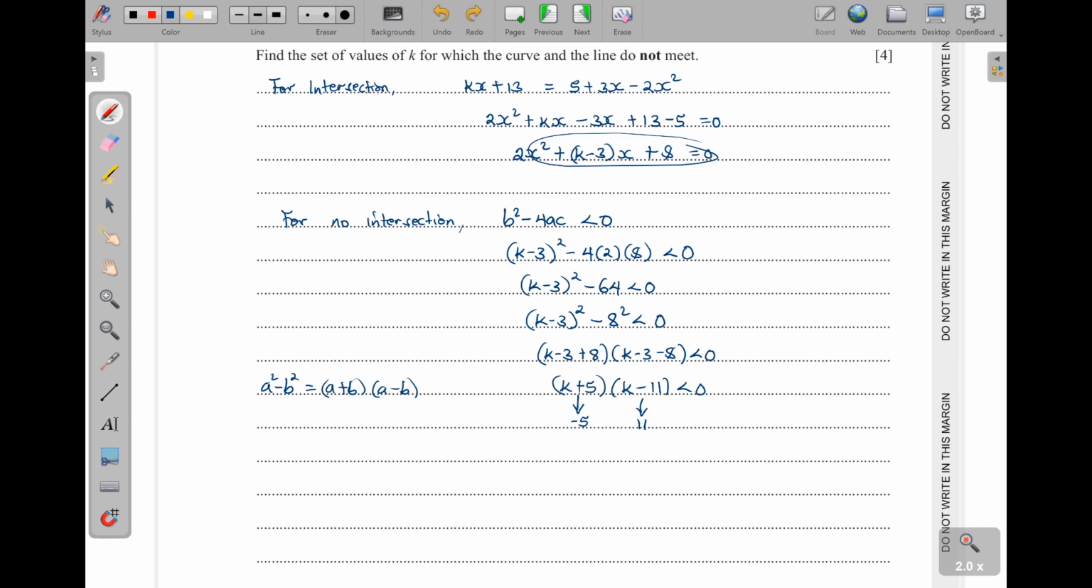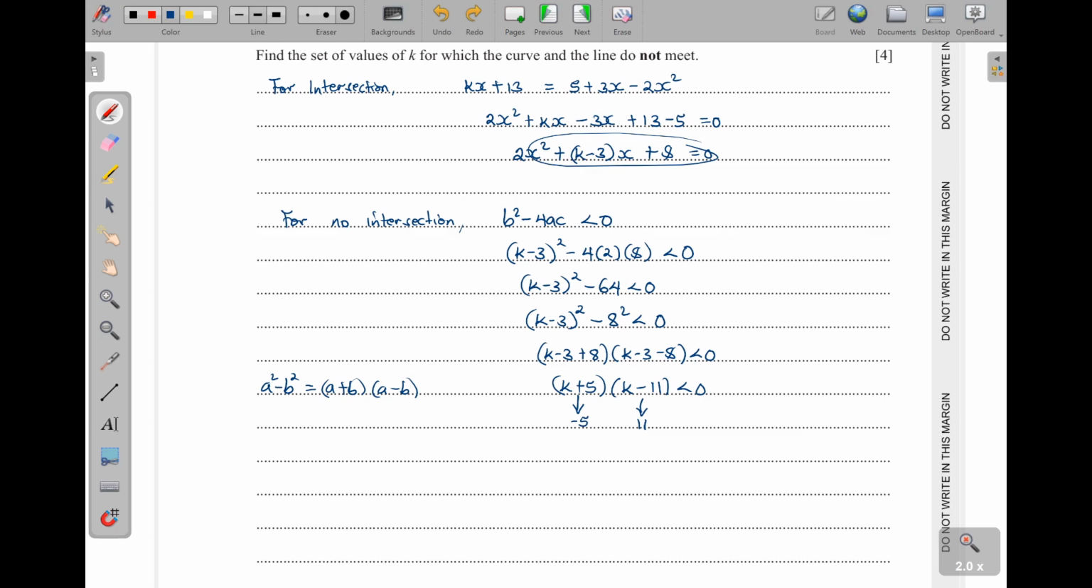You don't do this. Don't say k plus 5 is less than 0, k minus 11 is less than 0. This is very wrong. This is not how we solve quadratic inequalities. Okay, so having gotten these two answers here,